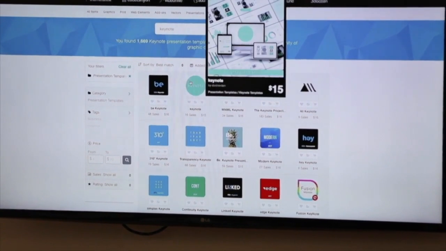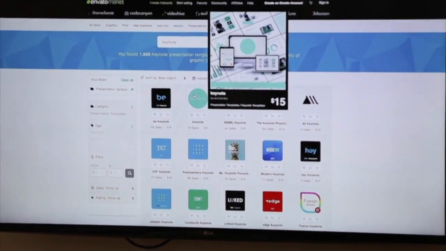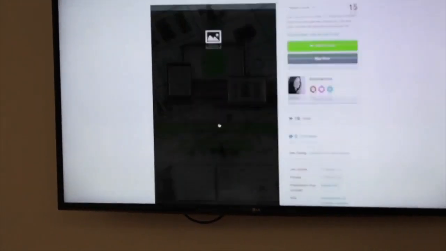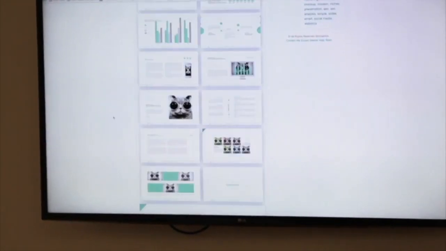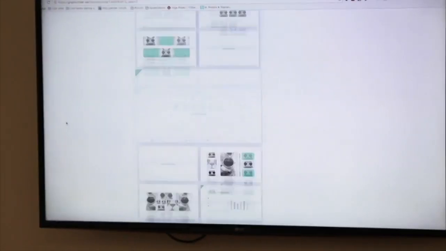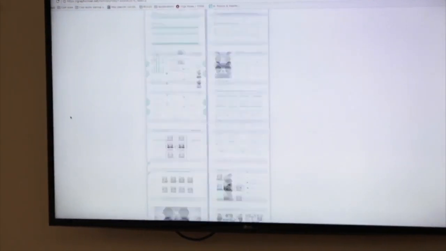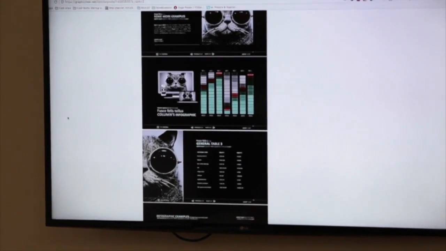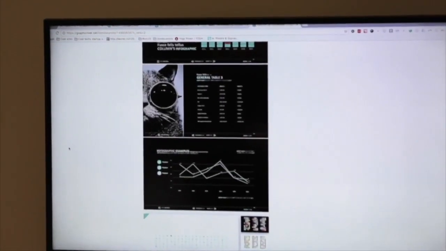Let's say you want to make a course and you want to make it look sexy. You just find the Keynote that you want, and you can see all the different slides that they have, and these are all templated. So you basically put your own pictures and your own words in there, and then you just make it look sexy.